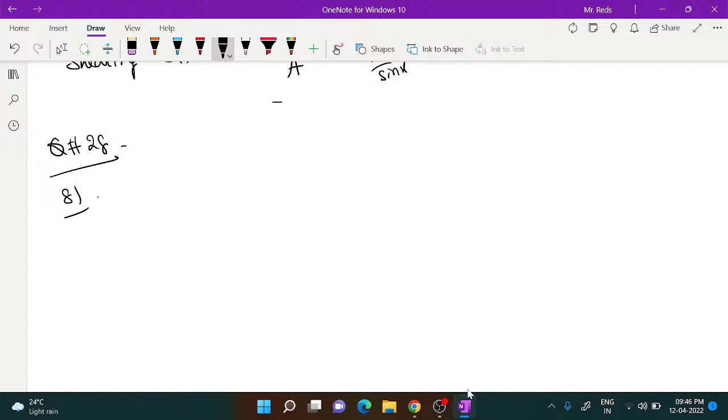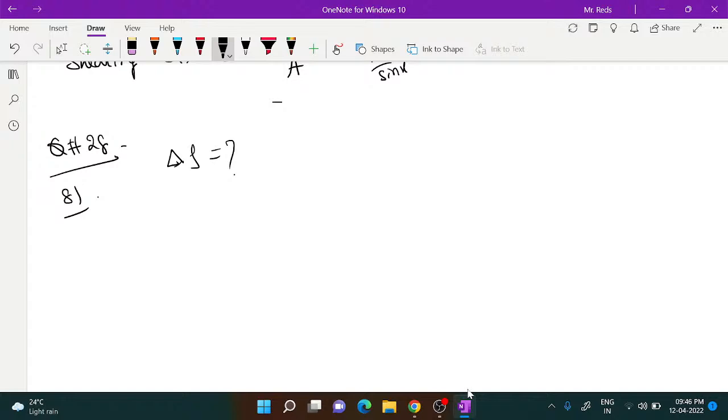Estimate the change in density of water in the ocean at a depth of 500 meter below the surface. The density of water at the surface is 1030 kg per meter cube and the bulk modulus of water is 2.2 into 10 power 9 Newton per meter square. So what is given here? Let's estimate the change in density. Change in density can be taken as delta rho, of water